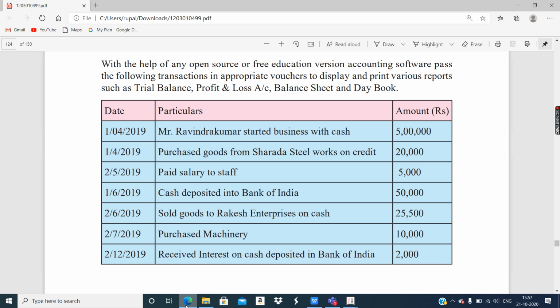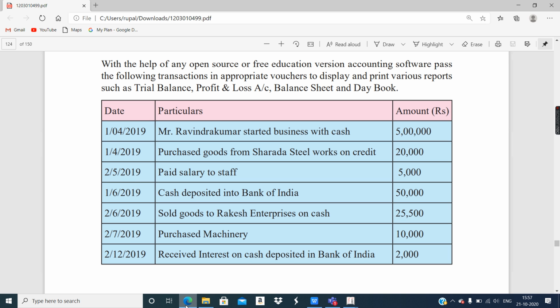Purchase account was debited because you can provide that amount 20,000. You can put it in the cash account, or maintain it separately. But credit means you can do the payment later. That's why it's directly not debited from the cash account. That's why the entry was made in the purchase account. But here it clearly tells that sold goods to Rakesh Enterprises on cash. That means two parties: Rakesh and cash account of Bitwise Trading Company.